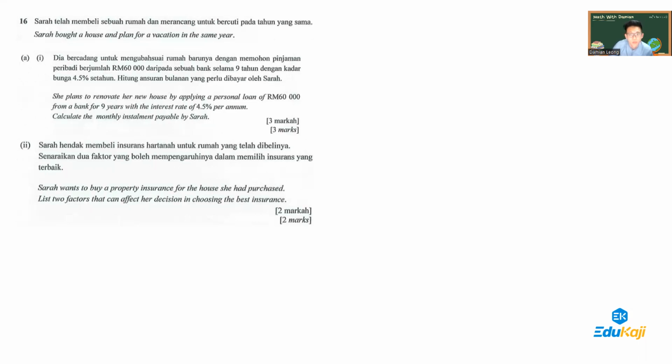So personal loan 60,000 for 9 years, interest rate 4.5% per annum. We are assuming this is a fixed interest rate. So the total loan after interest